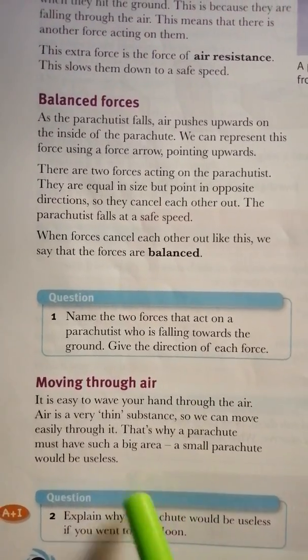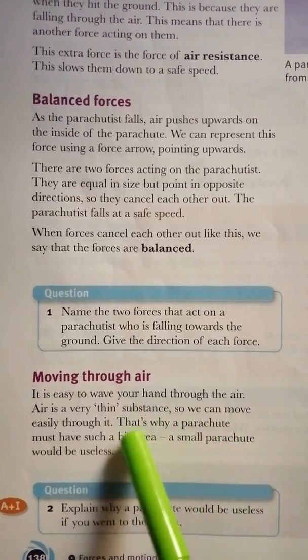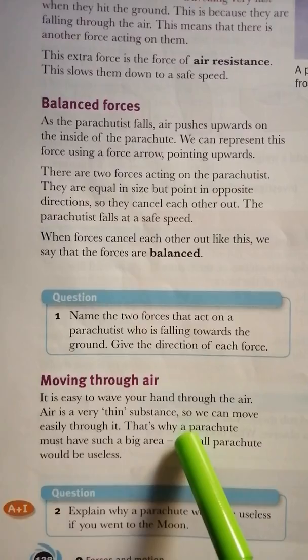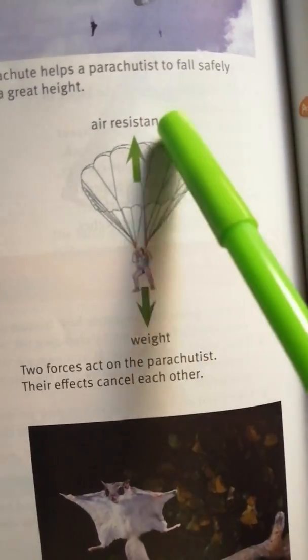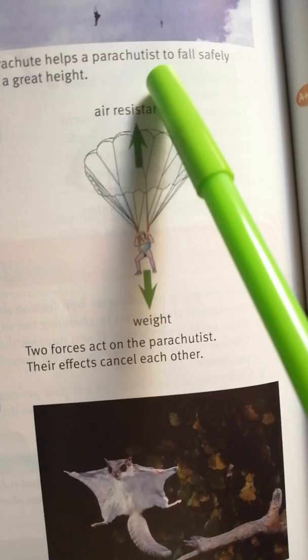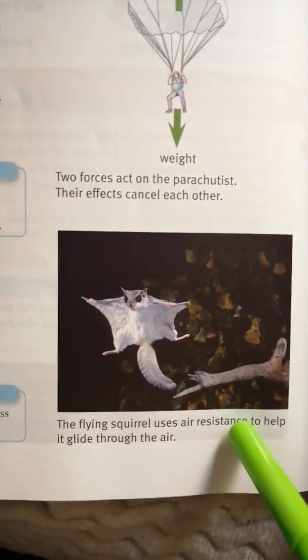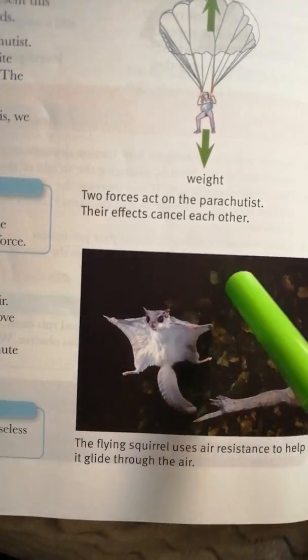From the lesson before, we said the three things that affect the resistance of the air, or the friction, are weight, surface area, and the roughness of the surface. So it has to be very large, have a large surface area, so it increases the air resistance, and you have good air resistance. Like here, look at the flying squirrel. He uses air resistance to help him glide through the air, and